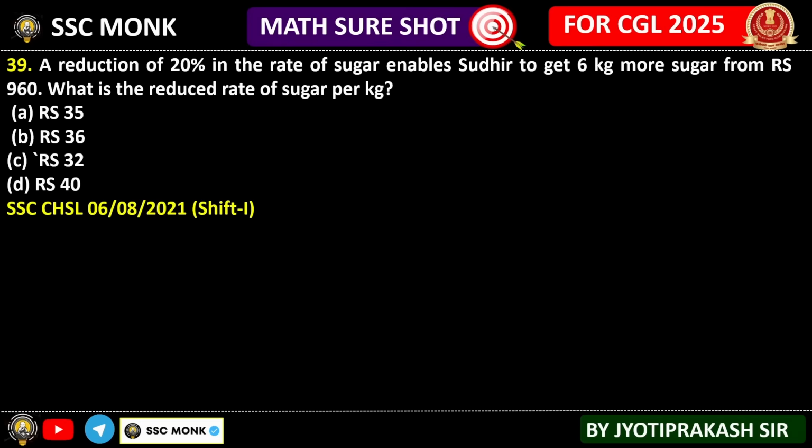See, there are two ways. Either you remember the formula. If you can't remember the formula or you get confused in the formula, you will solve it like this. Sir, this is old, this is new. This is the price, this is the consumption in weight, this is the total expenditure. Let's say previously each kg of sugar was 10.